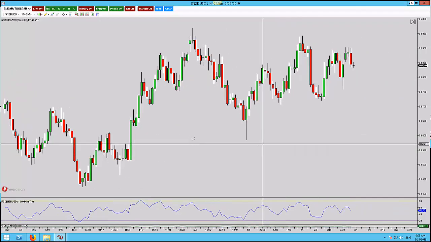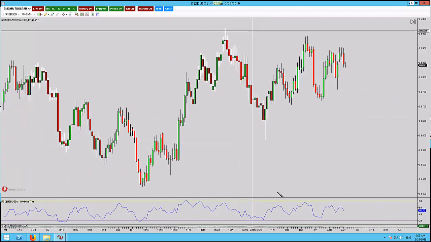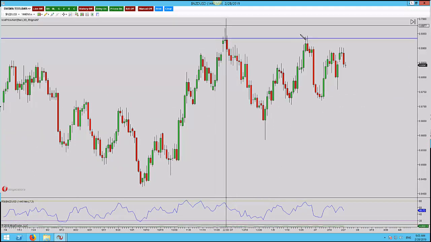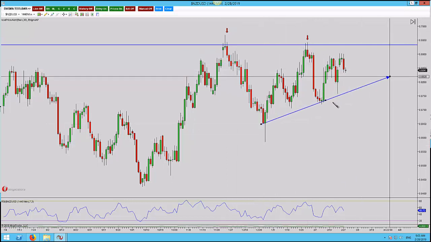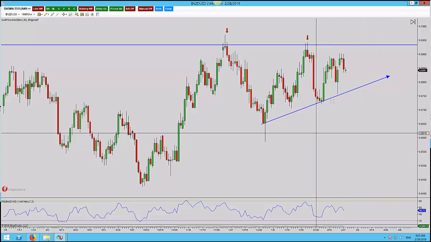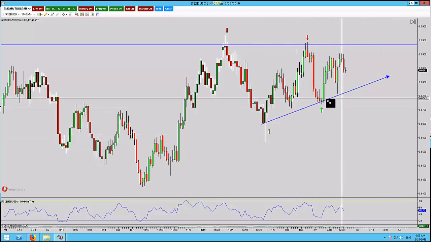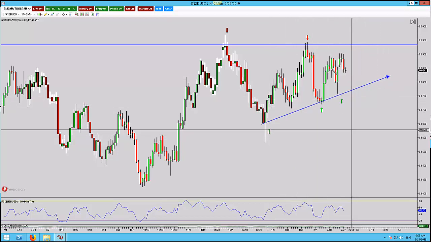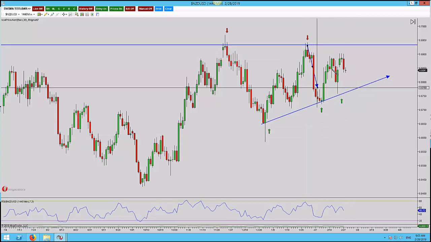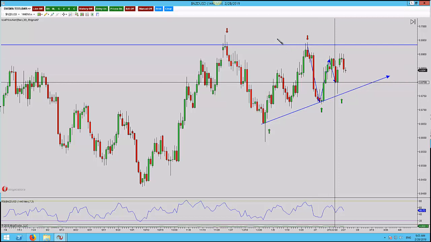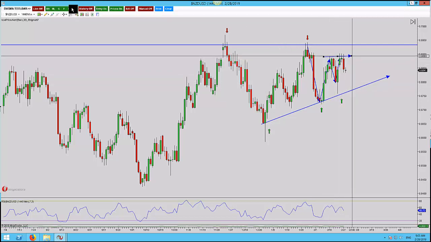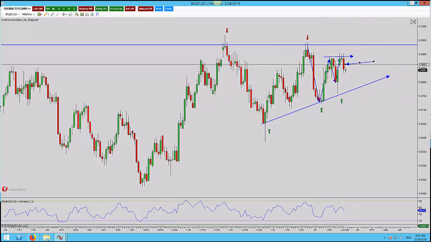So here on the dailies, this is a bit of a mess, to be honest with you. If we put a structure level on up here, you can see a couple of tests. It does look as though the market could at a push be respecting this trend line, but either way you look at it, if we look at what price has done recently, we came down, we went higher, we came down, we went higher, we held the structure level, and we've put in a big lower low, lower close